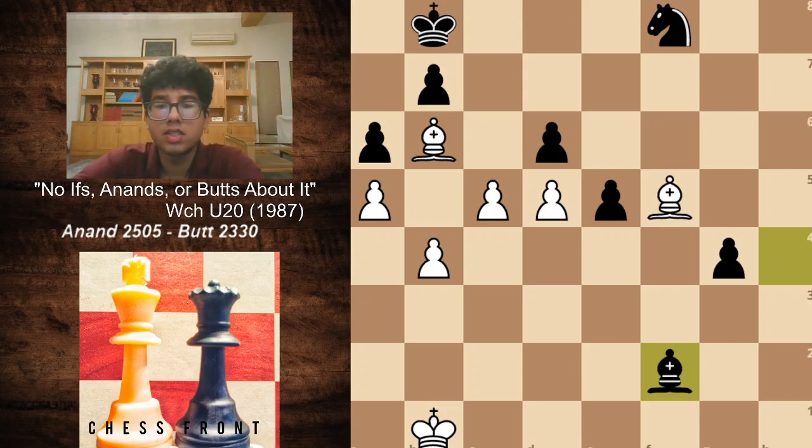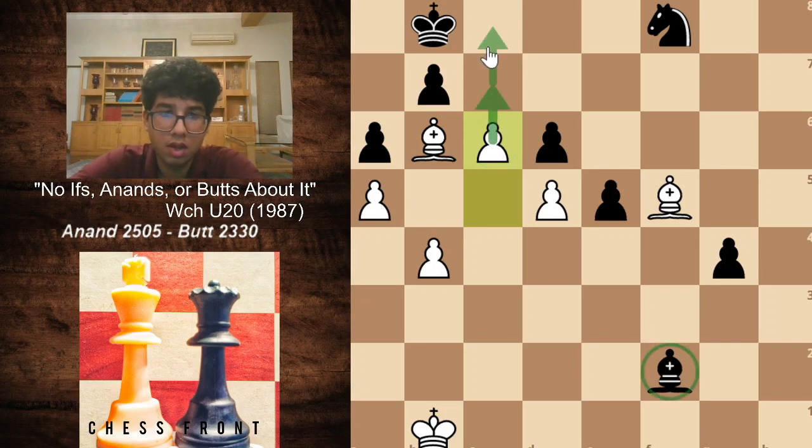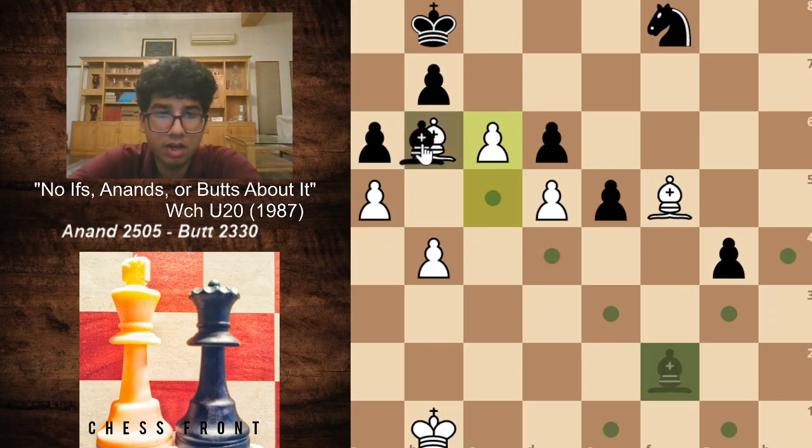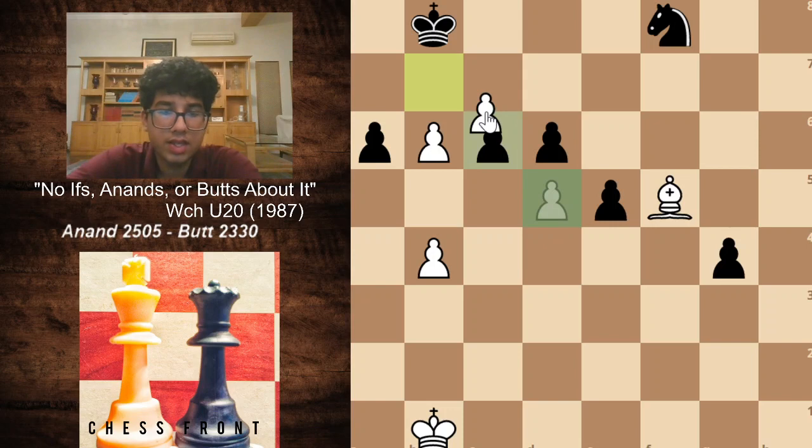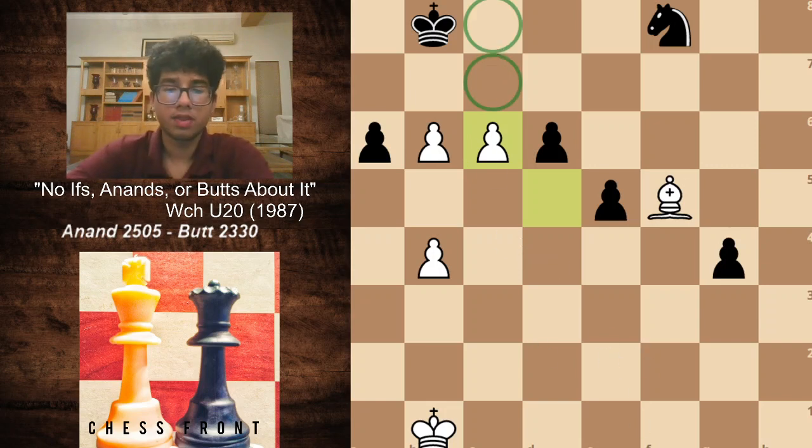So the move is c6. A very interesting idea because now it's important for black to take because otherwise white just queens, and if he does take, what ends up happening is after takes takes takes, white is completely winning because there is no way to stop promotion. So yeah, this was it.